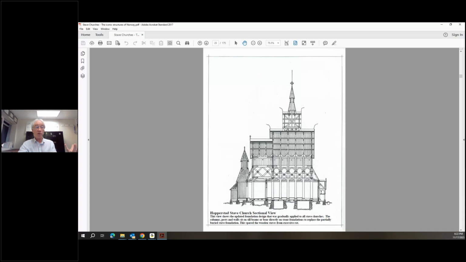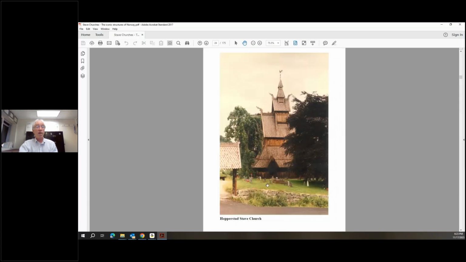So when they found over time that there was decay of the columns, what they did was they excavated in a very phased fashion. You couldn't excavate the whole thing. They cut off individual ones, and built stone foundations gradually around the structure, and also installed sill beams. All right, so they interconnected the columns into these sill beams, and then interconnected all of those columns and sill beams together. All right, so this is the Hopperstad Stave Church today,